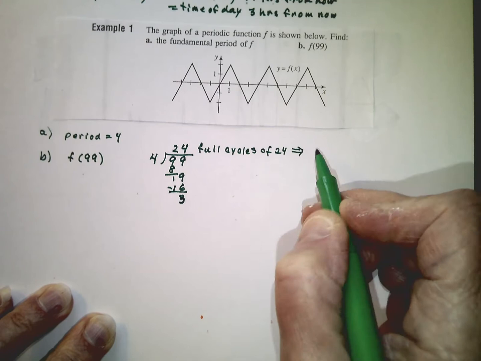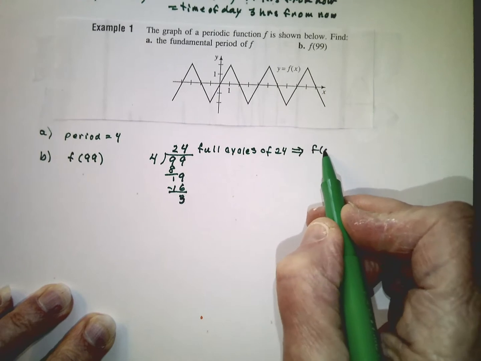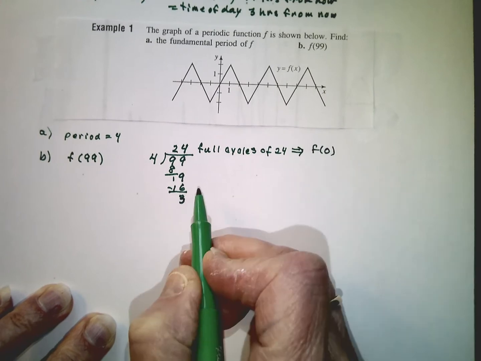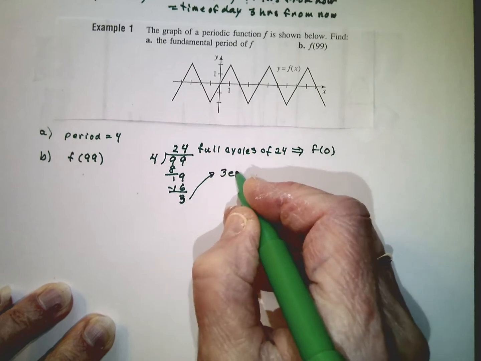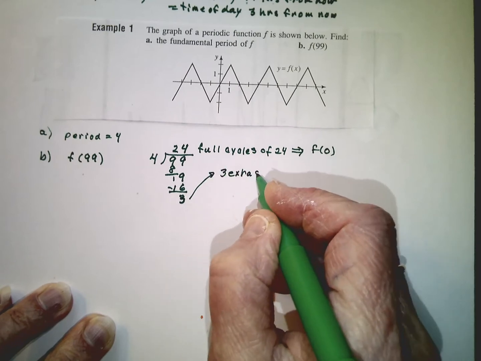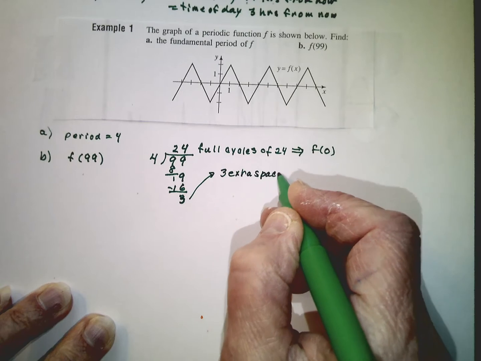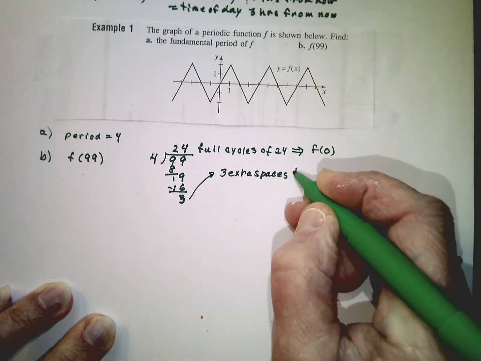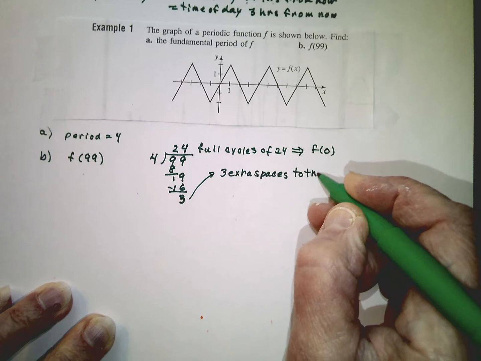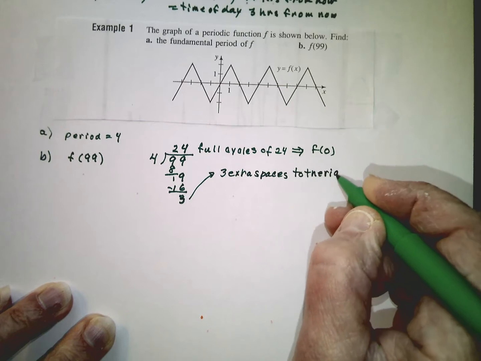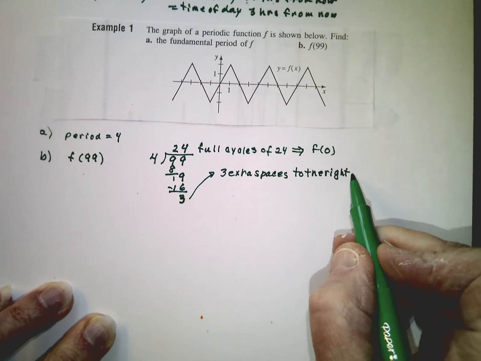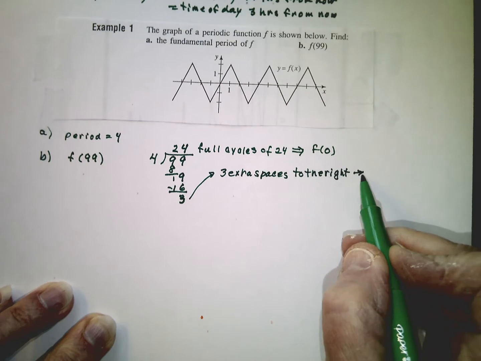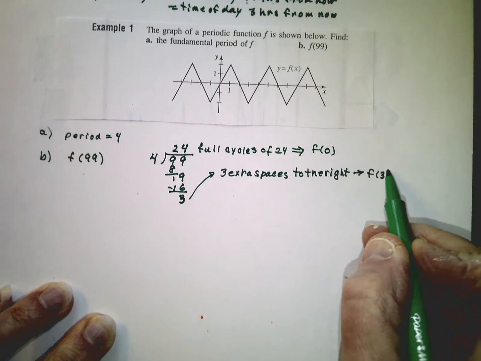This is like being back at the beginning. But we have 3 extra spaces to the right of that. So that would be like f of 3,